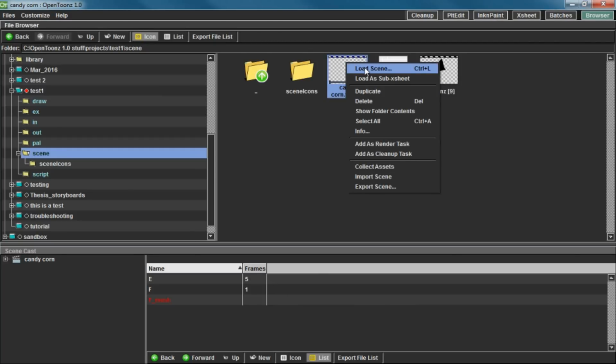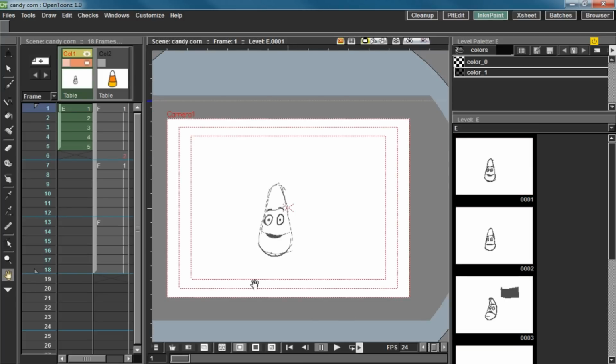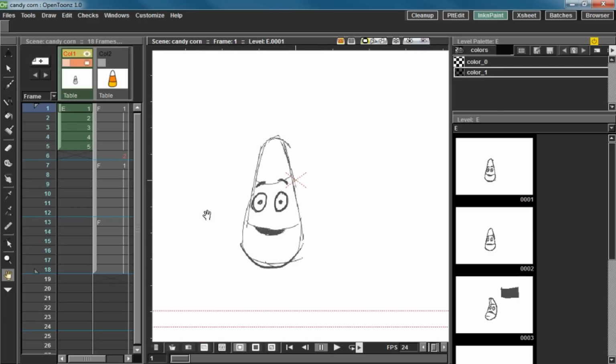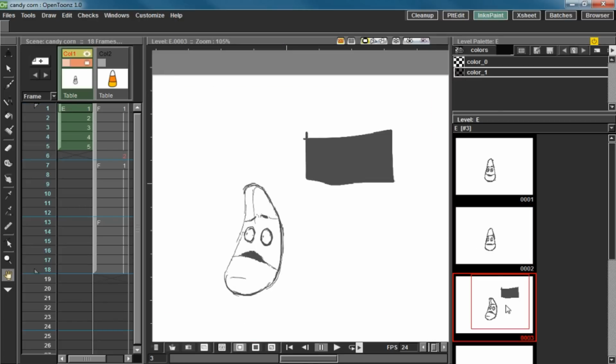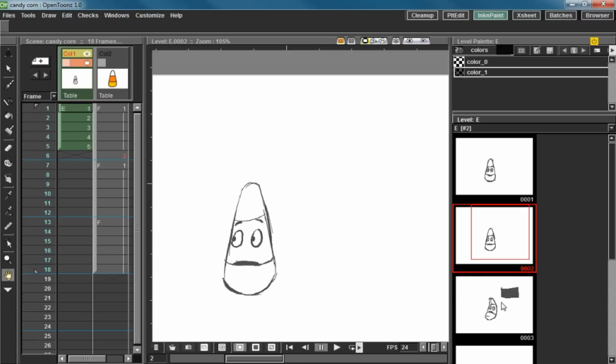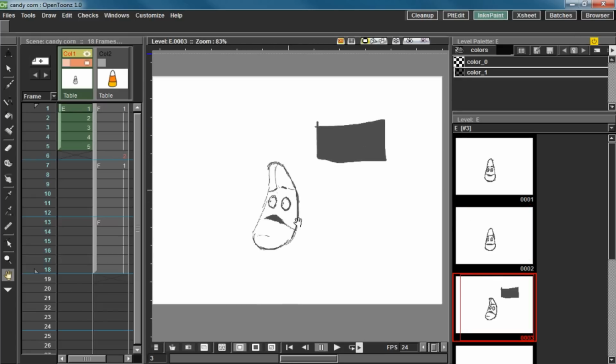So we're going to go ahead and load the scene. Go to Ink and Paint. We got little candy corn man here. This is on a raster level because that's what I normally work in. I just did a little bit of him freaking out and then passing out. I like to imagine that there's kids chomping on candy corn on Halloween in the corner there, which is what